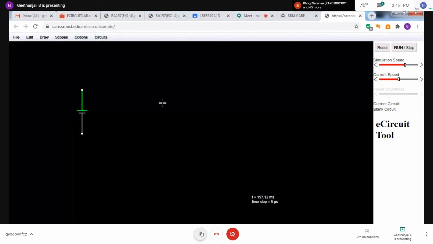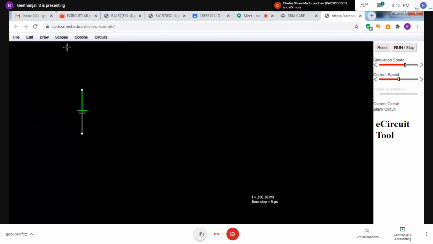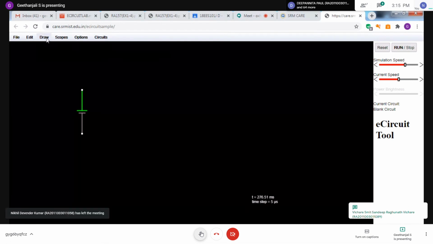Right, voltage source. How many resistors are needed? Anybody? Ma'am, what is the voltage we have to give? 10 volts. Same procedure you do. 4 resistors are needed.